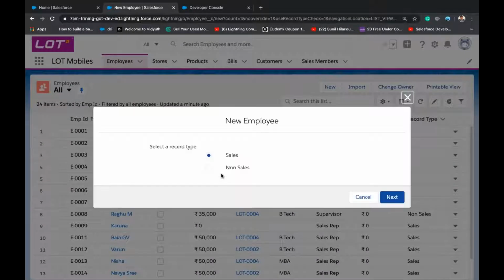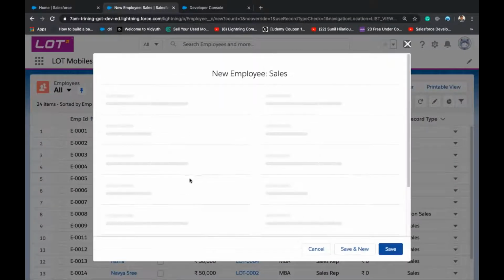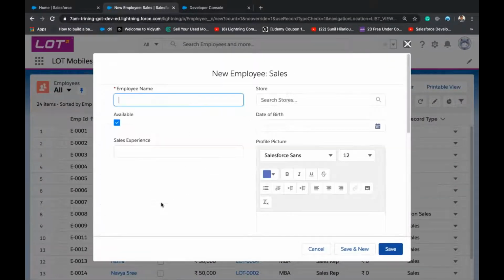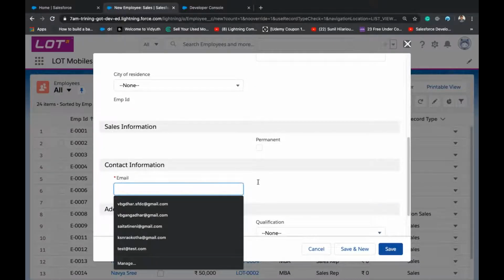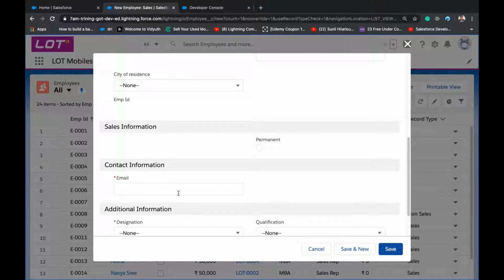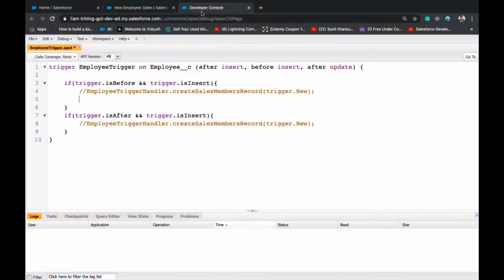We already wrote this code, but we'll write it again. When an email is changed, or when an email already exists in the database, I want to throw an error. So how to do that?